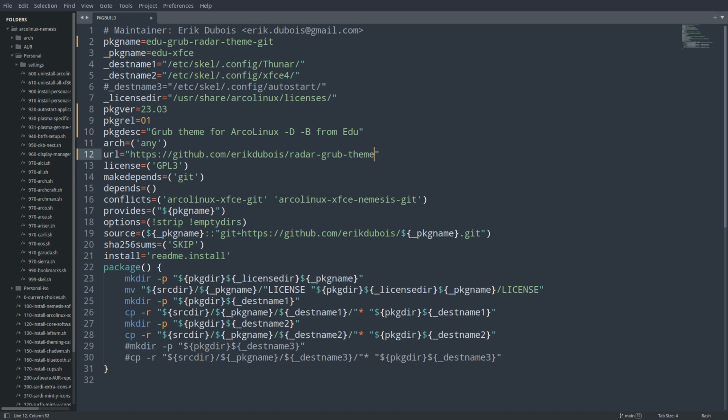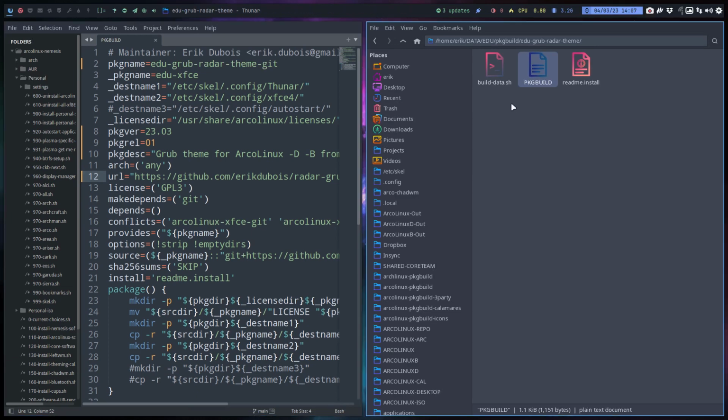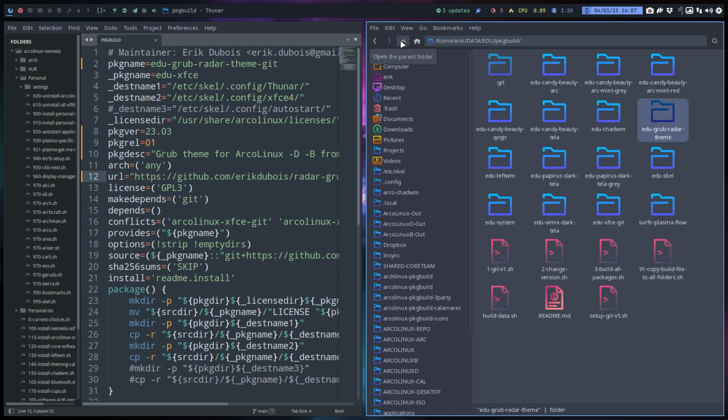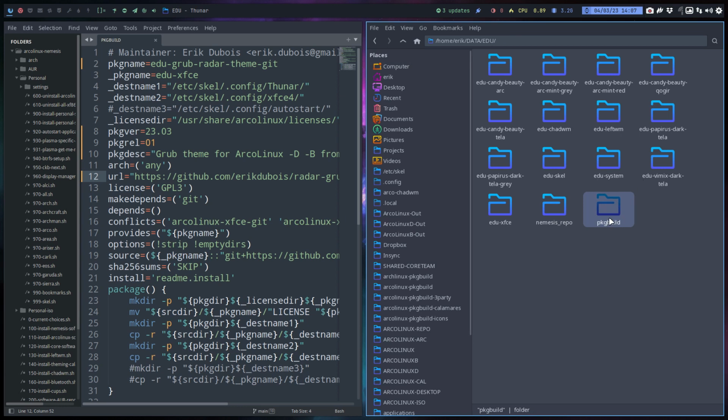So the naming, I'm making it actually more difficult for myself than it needs to be, right? Just give it the same name as the one that you're downloading it. Erik, why make it difficult? This is my thing, it's not an ArcoLinux thing, so rules really don't apply. Do whatever you want, name it whatever you want, but make it sensible, make it easy for yourself. So if it's called,